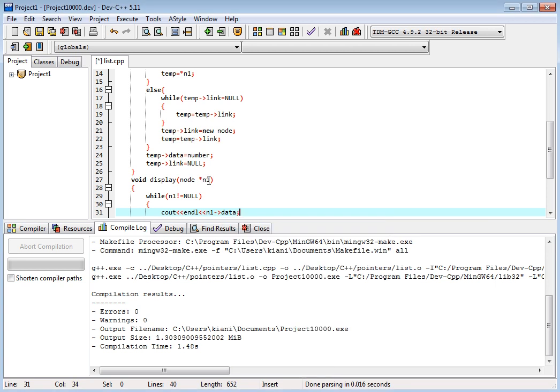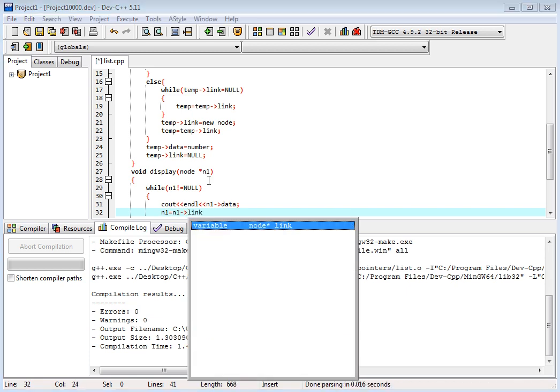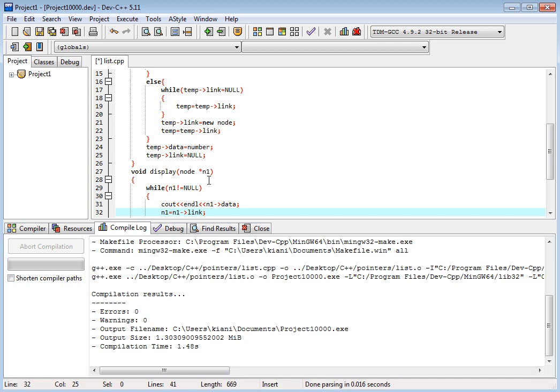And we assign the next node. The next node is n1 is equal to n1 link. Because this node has the link of the next node, the next node will be printed.